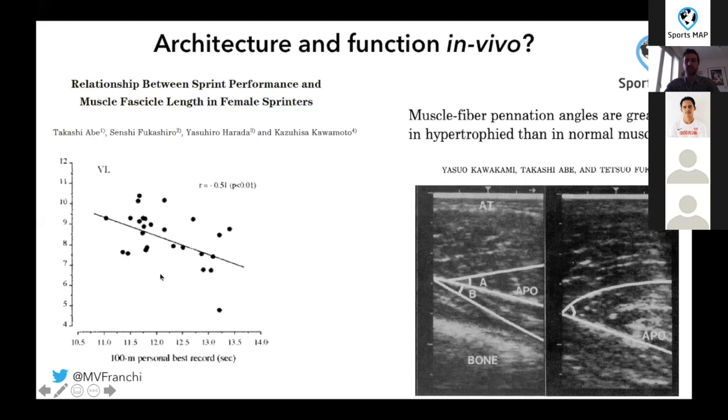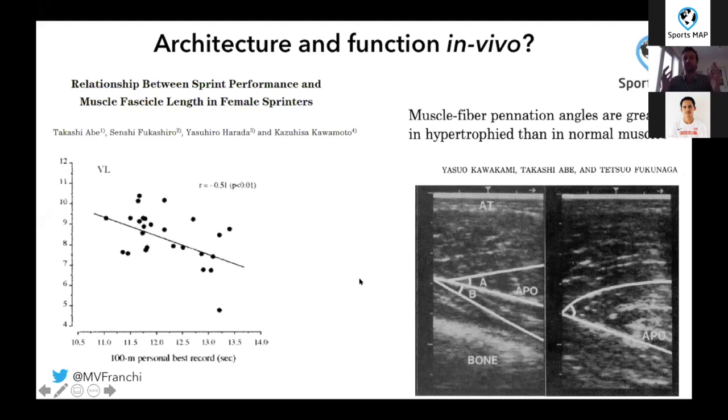So for example, these are very old evidence, well, not very old, but from 1993 and 2000, from Professor Kawakami and Fukunaga and Professor Abe. And what you see is that fascicle length in this study was mildly correlated, but significantly so, with sprinters' personal best. And so fascicle length seems to be correlated to some output of performance in this study,